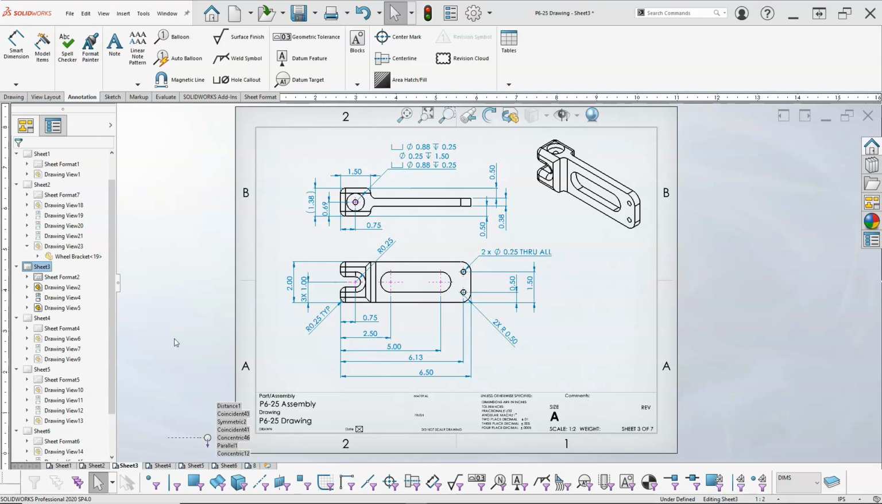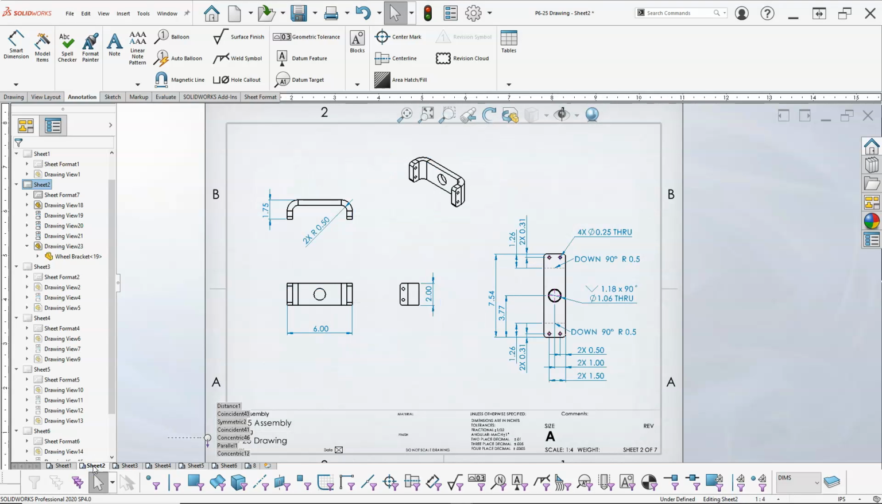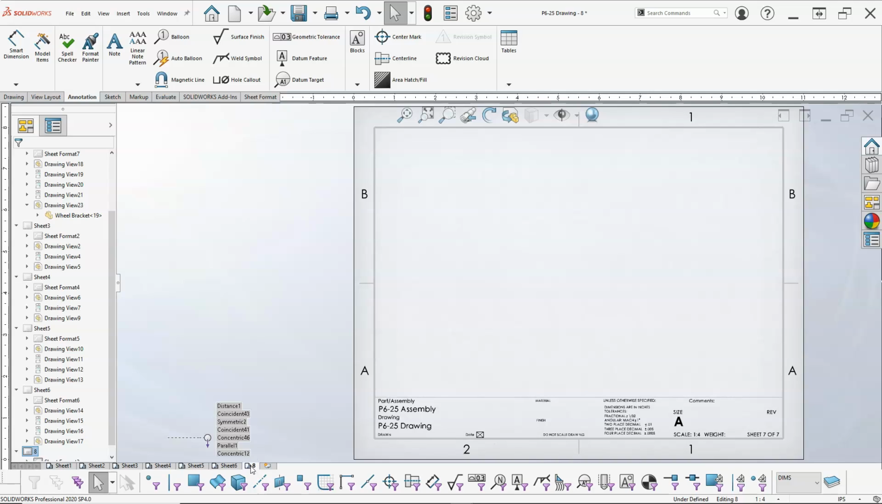Went through and I added a few more dimensions. Also, we need to look at reordering and renaming. So I brought sheet 7 up to the front and renamed it to sheet 2. And the blank sheet I just kind of left out here as an example. If you left click, hold down and drag, you'll see that little arrow popping up where you're going to put